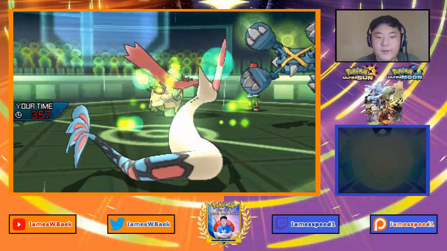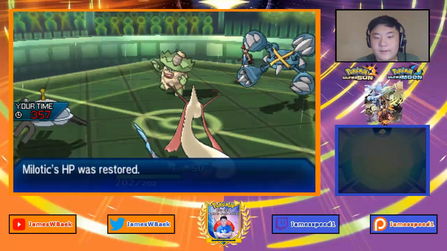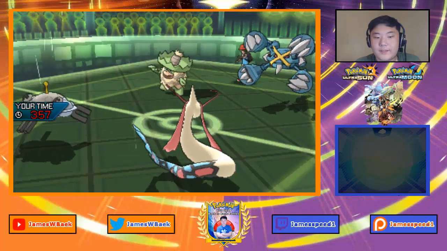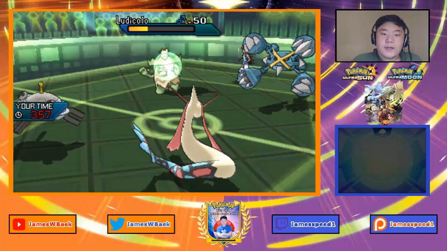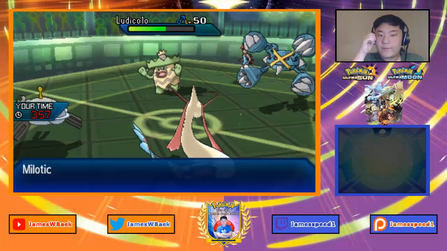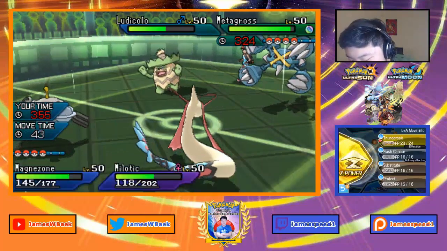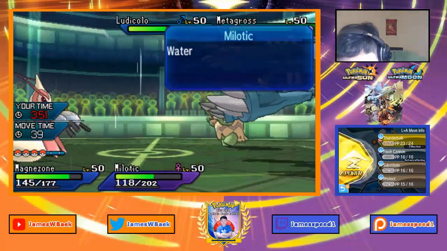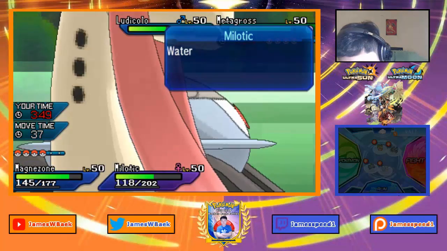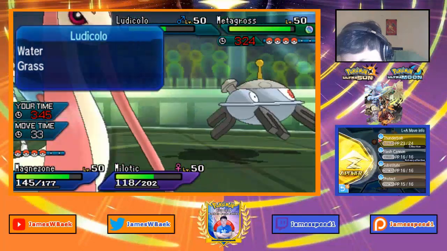Nice, and we'll be able to get a recover off. Let's see what my opponent does. It's going to be the Giga Drain once again, tying down to my Milotic. I feel like if anything, there could be a Garchomp switching in. I just don't know if this Metagross carries Stomping Tantrum. I feel like it might. It's not worth risking my...